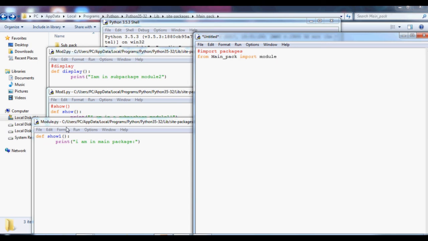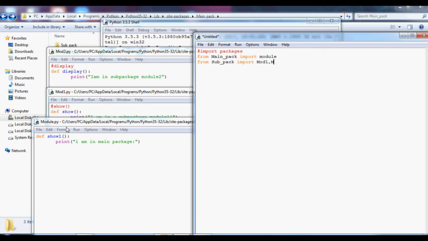Okay, I'm just going to import that, and then from subpack import. So I have created two modules, mod 1 and mod 2.